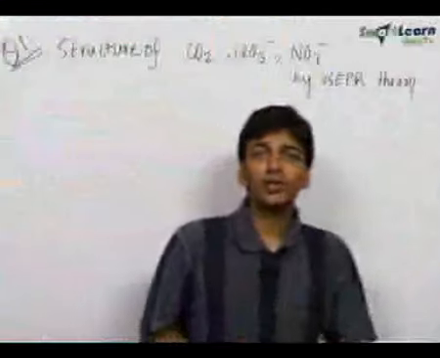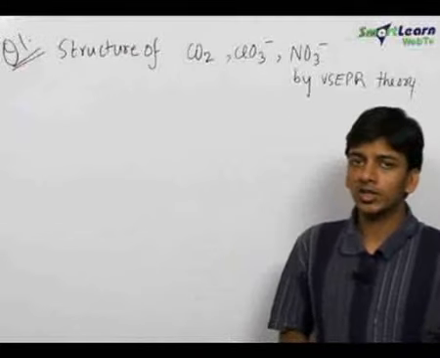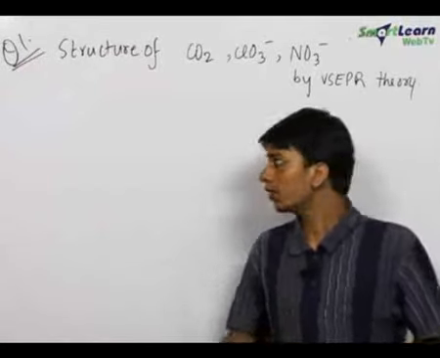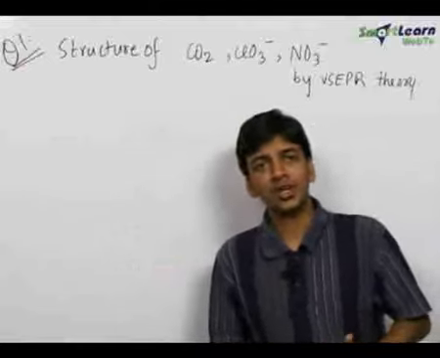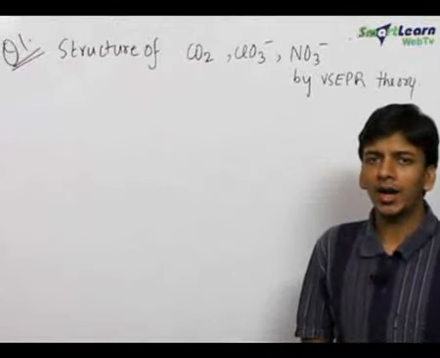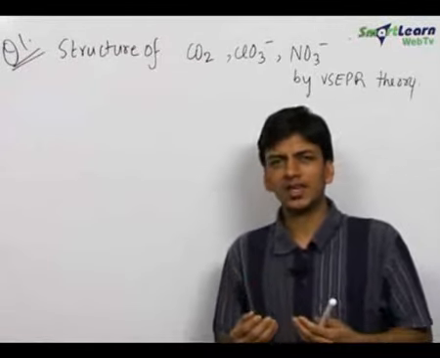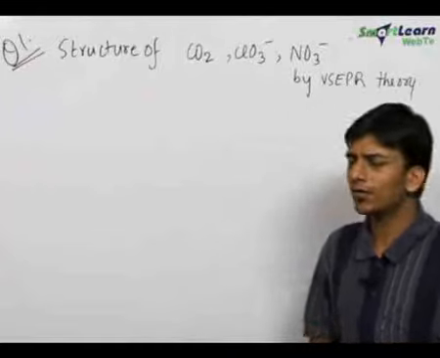The next chapter that we deal with in chemistry is chemical bonding and molecular structure. We will understand the molecular structures of various compounds with the help of VSEPR theory, MOT theory, and we will also find out other things like dipole moment, the ionic nature of the compounds.